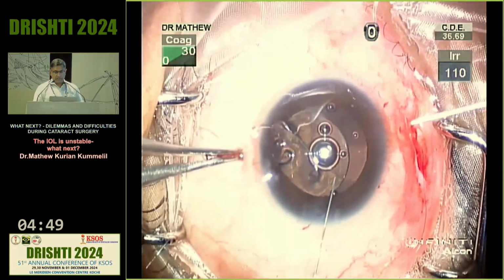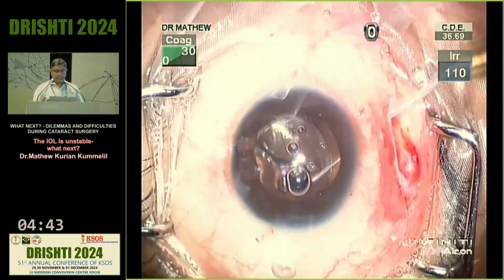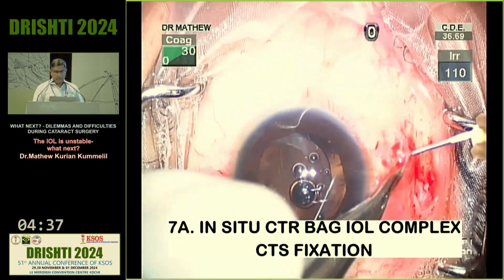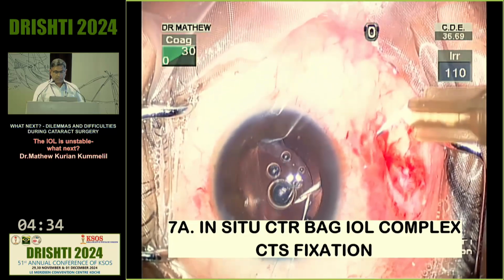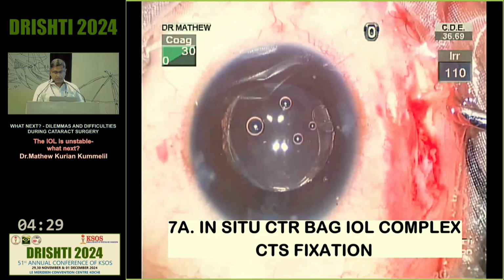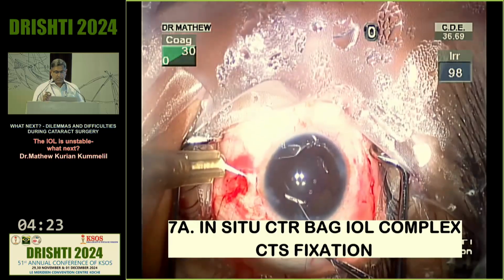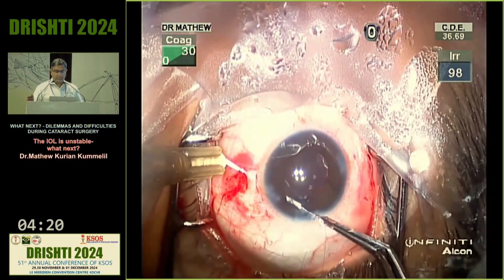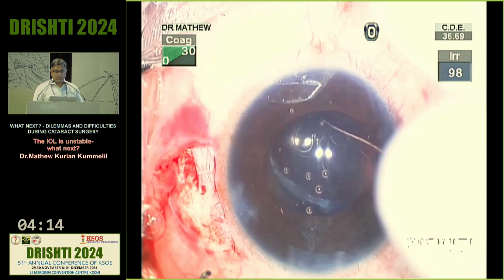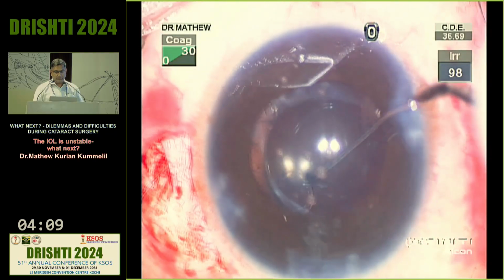Secondary dislocated, I am putting in a CTS at the area. The CTS is anchored at the area of maximum dialysis, and this is the method of in situ bag IOL complex fixation with capsular tension segment, or the Ahmed segment. I have increased the tension too much on one side, the whole bag complex moves to the one side, and I decided to put in a second CTS, and this also goes into the bag and is